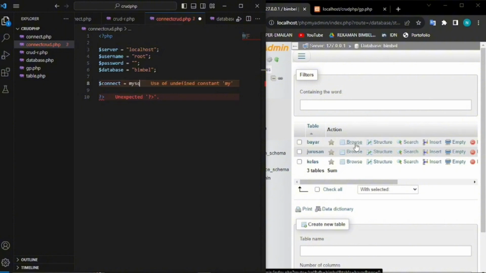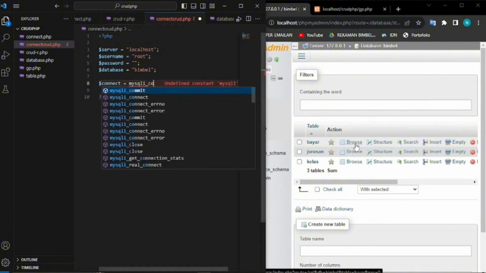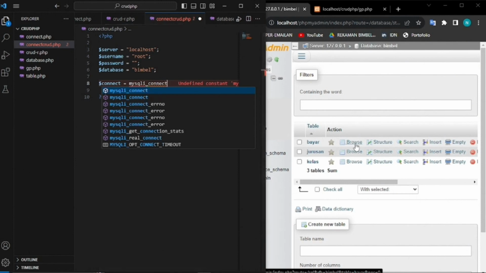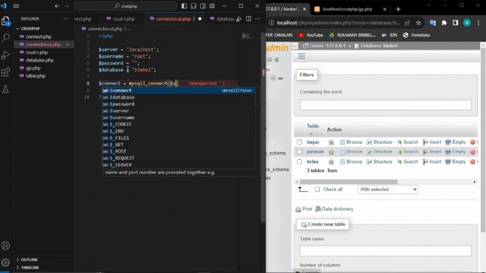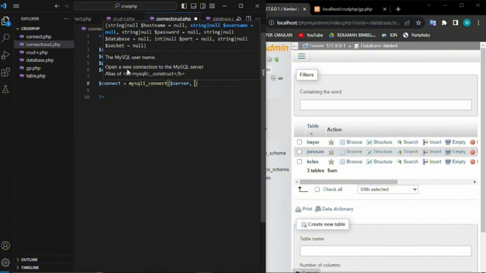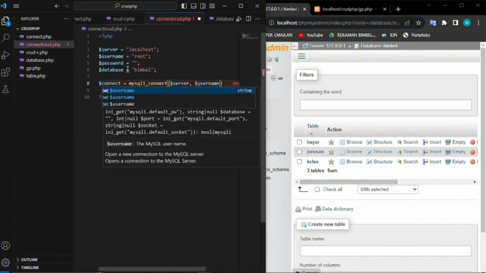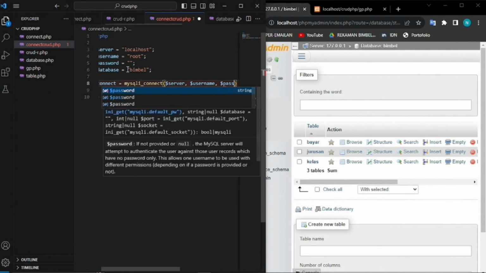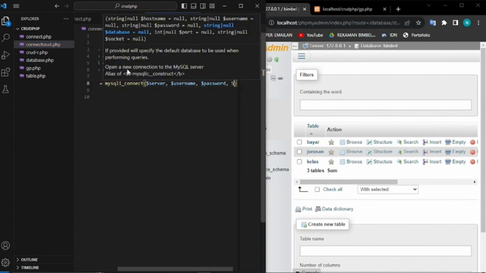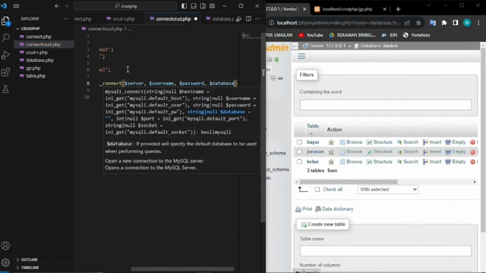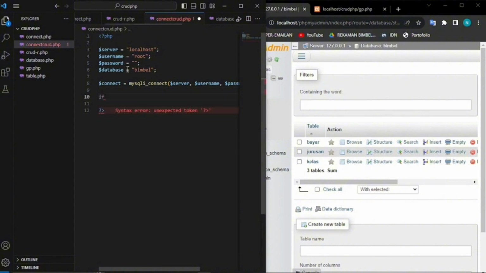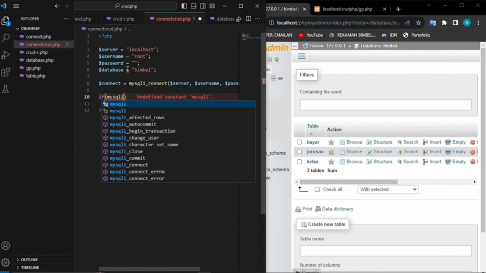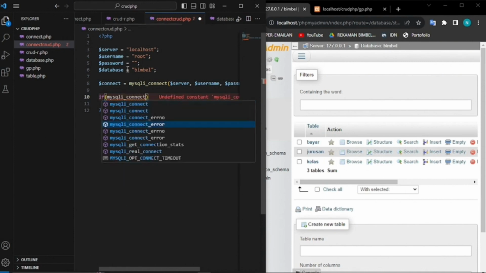Then here the difference: use mysqli_connect, and then we're gonna call all of this: $server, and then username, and then password, and the last one is database, like this. And you can just close it. And when we do if mysqli_connect_error,